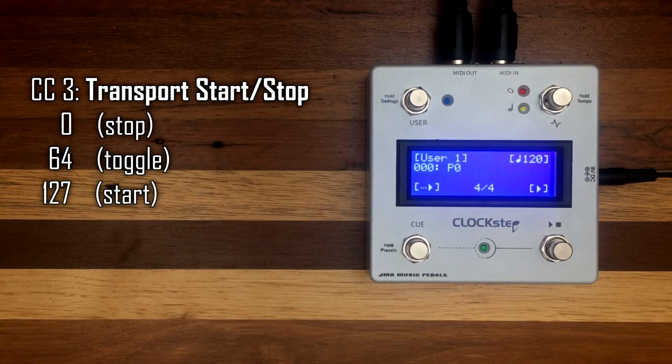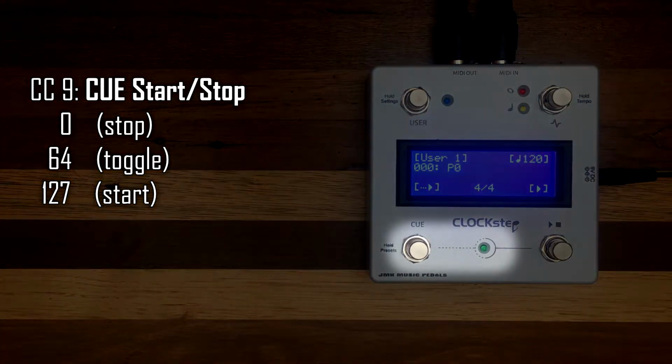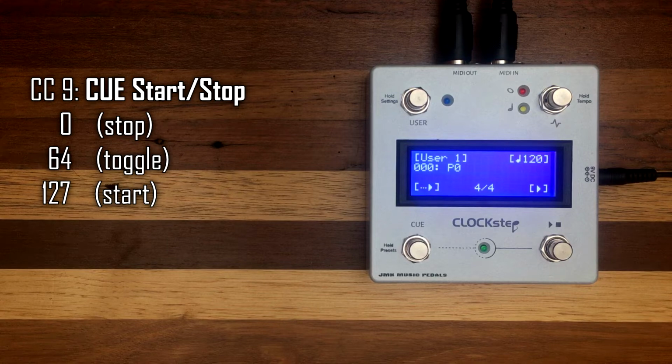0 is the stop command, 127 is the start command, and 64 is a built-in toggle command. You'll see this pattern a lot in CLOCKStep for on and off states, including a toggle. Controller number 9 is the cue command. You can also send the command a second time to cancel the cued action before it reaches the end of